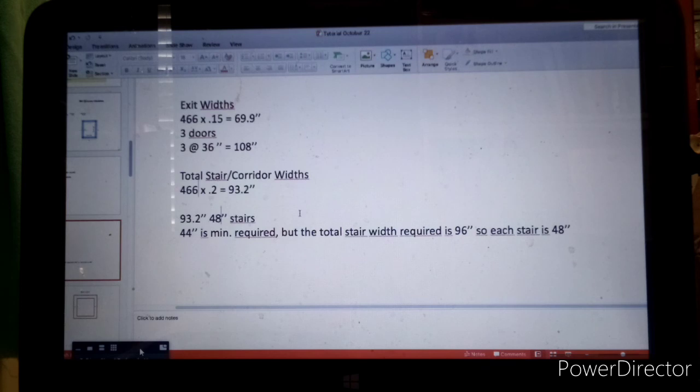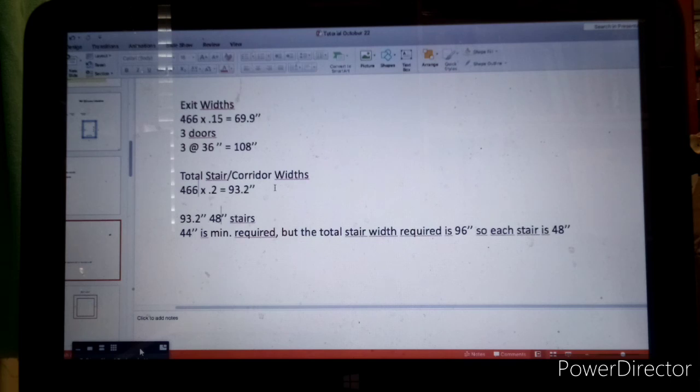If it's sprinkled, it's 44 inches. If it's not sprinkled, it's actually 48 inches. Here's why we use 48 inches here. The 466 times 0.2 equals 93.2 inches. I think I went over this a couple weeks ago. So now